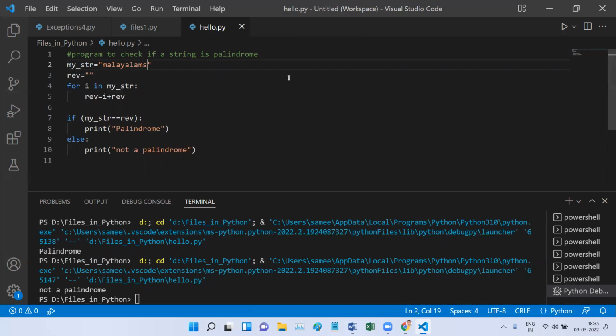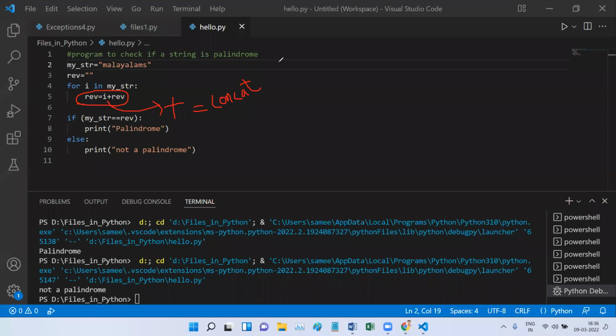But what I want to bring to your notice is what is happening in this small simple line. What is this plus? When you use this plus with integers, it does addition, simple. But when you use this plus in the case of characters or strings, it is going to concatenate. What is concatenation? Concatenation is joining one string with another, or joining a character to a bigger string. This is called concatenate.